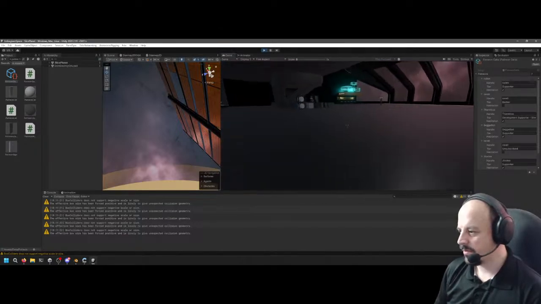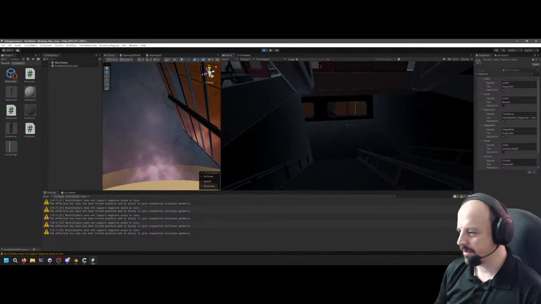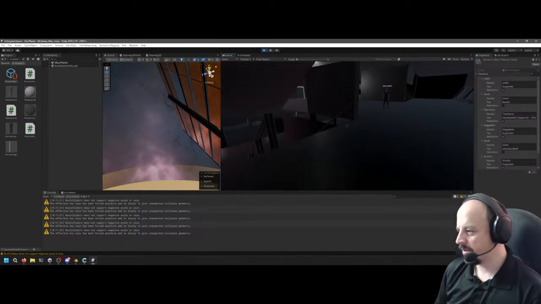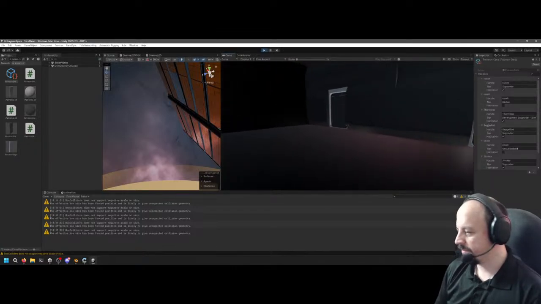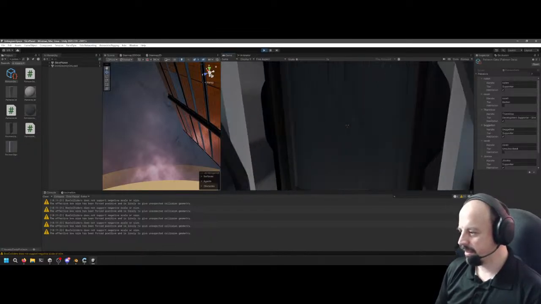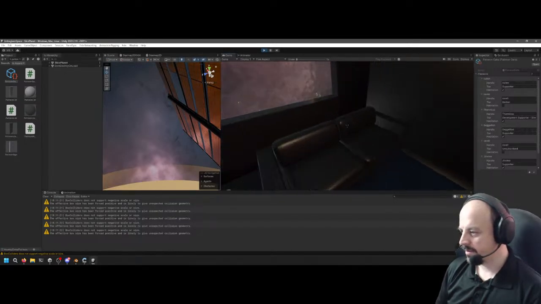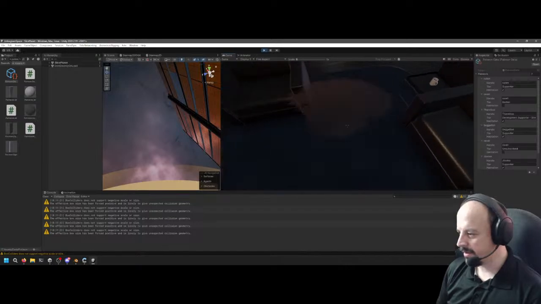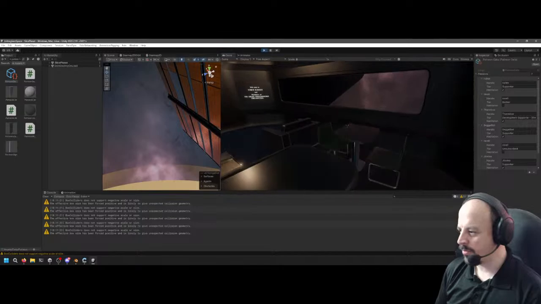So we have some test props here and some boxes, but if we go down to the first floor, right? I only have one for testing right now. Here are the new habs, right? So you actually have the new habs, and this is the much more upgraded, higher detail version, where you just have your little home away from home.